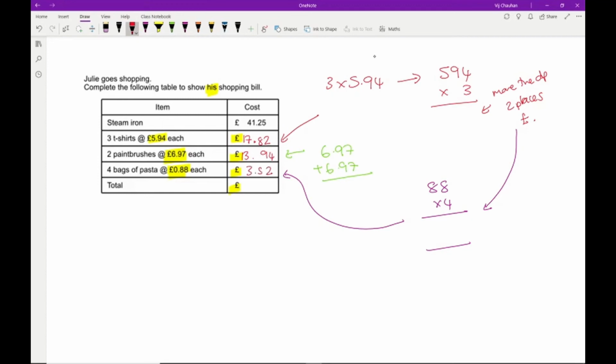Now, you can see how, apart from the paintbrushes, which, let me just write that 94 again, that I've got nice neat columns. My decimal point is roughly in a straight line, well, a form of a straight line. So if I was to do this on a non-calculator paper, it should be nice and easy for me to work the total out, and all I need to then do is add up the total amounts,